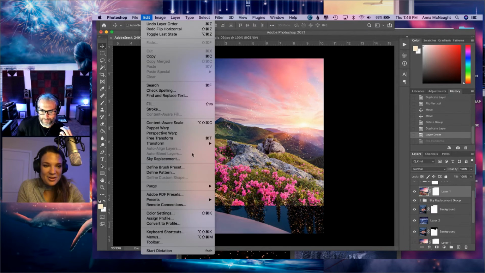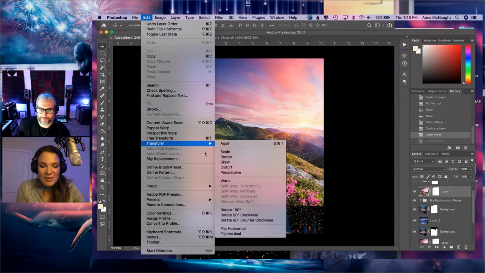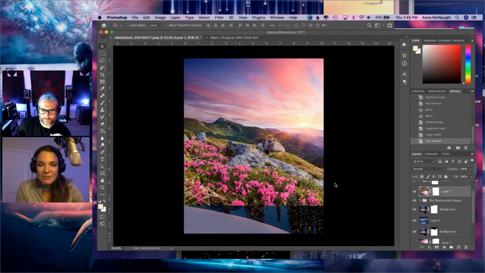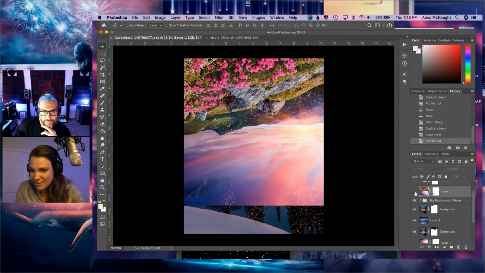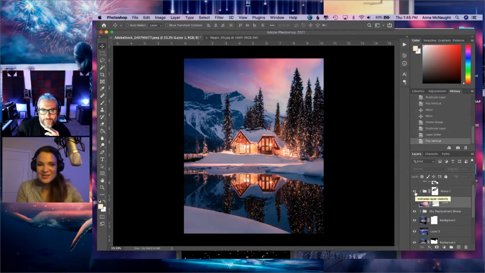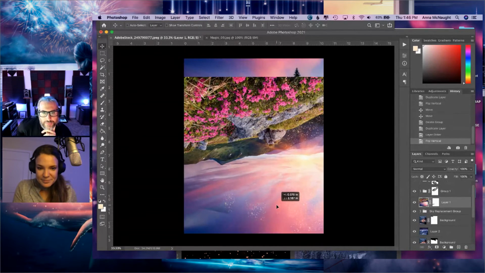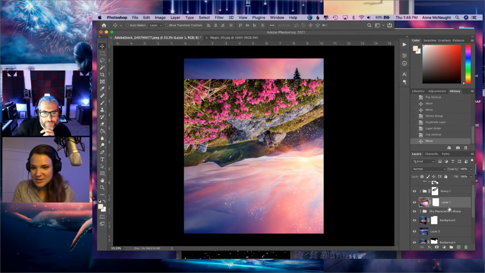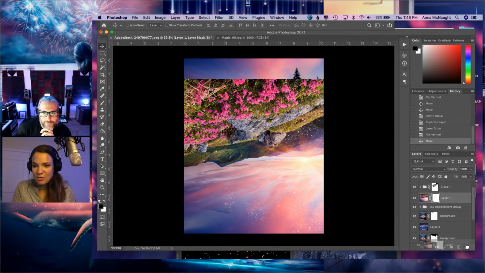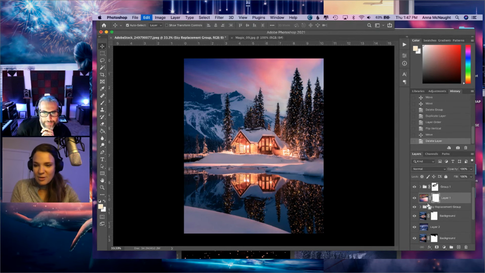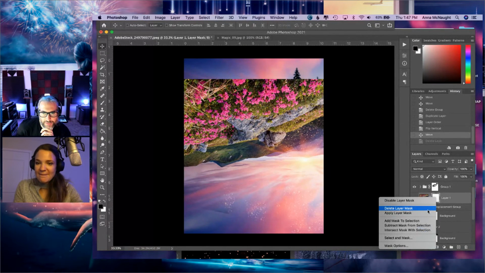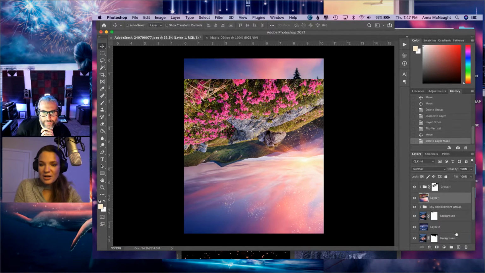As you were talking, I was playing with taking the sky replacement and duplicating it and flipping it. I don't know if I had something turned off here because I'm half paying attention, but it didn't want to work. It didn't move. So what I was thinking here is kind of getting it into place, and then I'm going to remove this layer mask real quick and make a new one. It's thinking. Okay. And then I'm going to add a full black layer mask.